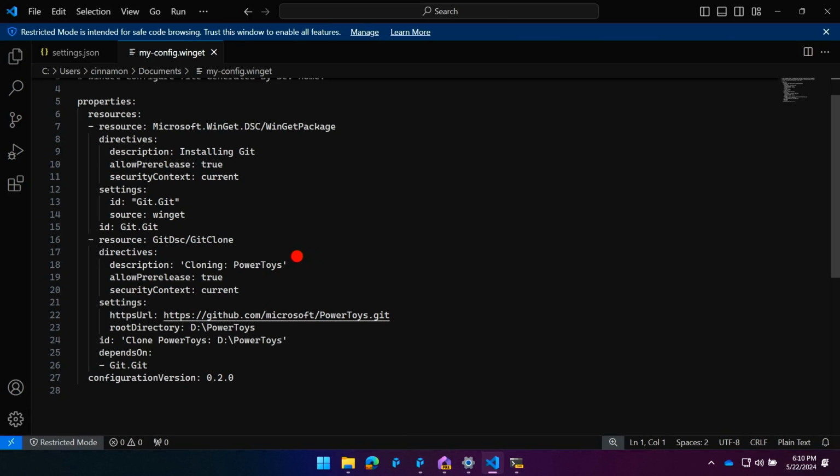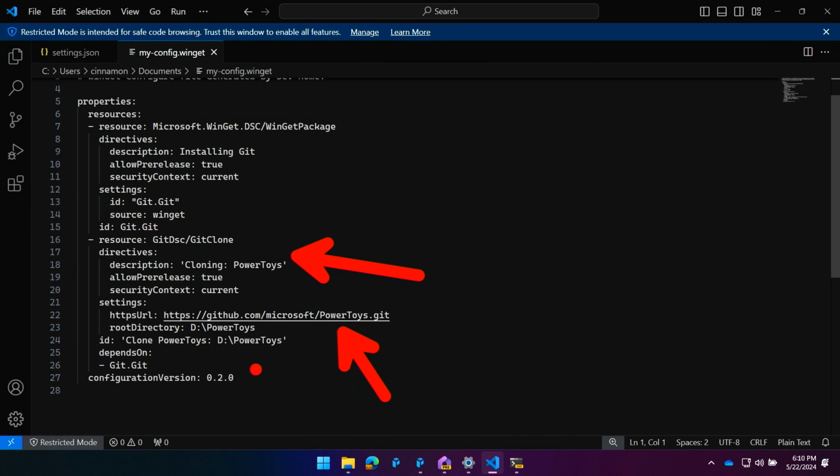Okay. So here you can see I'm cloning PowerToys right here with git clone. And this is the git file. And we can see that this depends on git. So in order to clone, I need git. So this is going to add the dependency up top, since WinGet knows I need git. So then it'll also help me install git. So I don't need to mess around with getting this set up.